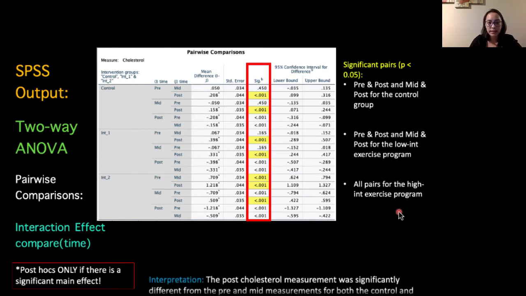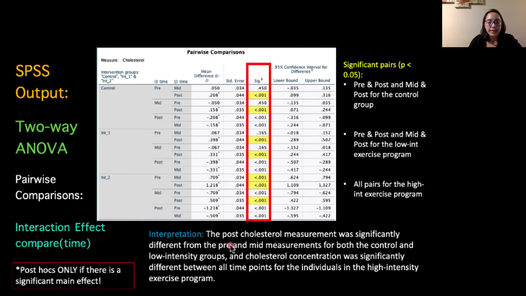So we could summarize this into a statement saying that the post-cholesterol measurement was significantly different from the pre and mid measurements for both the control and low intensity groups. That accounts for both of these here. And cholesterol concentration was significantly different between all time points for the individuals in the high intensity exercise program, which accounts for the significant pairs here. So that kind of concludes the results and interpretations of our ANOVA. Then we would have to look at the size of the differences